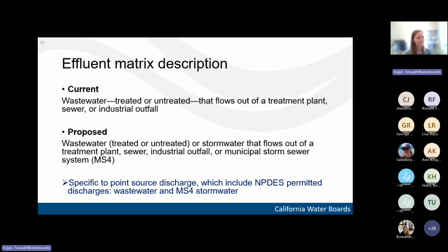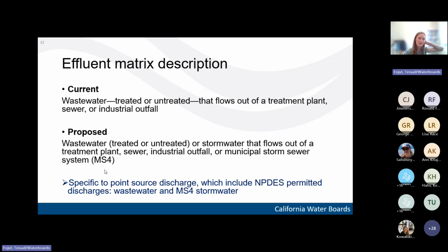And so we want the effluent matrix to be specific to our point source discharges, and those are those that are permitted by NPDES permits, which is wastewater and MS4 stormwater. There are other types, but I guess these two, those are already included. So like the industrial, and there's also construction, but the one that people were really missing and focused on was this municipal storm sewer